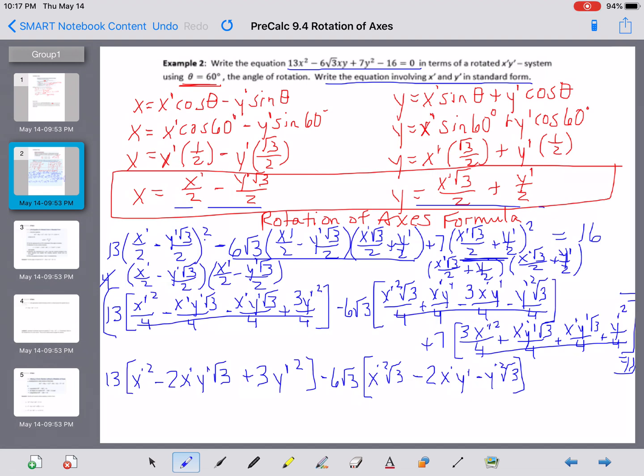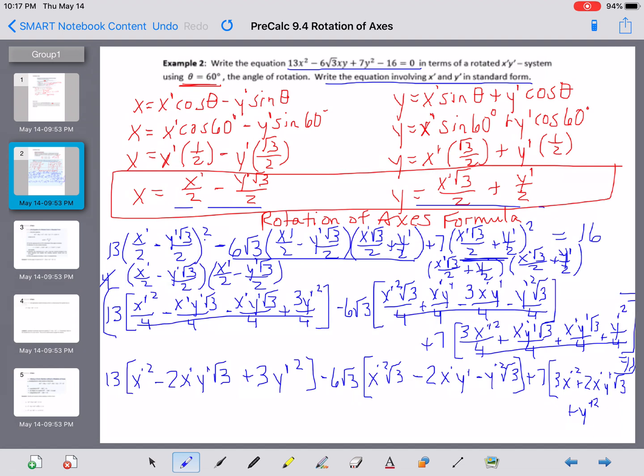And then I get a plus 7. Let's see, like the same sign. So I get a 3x prime squared plus 2x prime y prime radical 3 plus y prime squared, and the whole thing equals